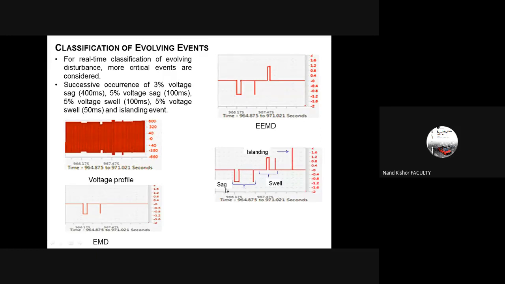And these different events have been classified in real time. We have set class -1, let's say, for the sag, +1 for swell, and then for islanding, let's say +2. Thus, these are the predefined classes for each of the events. Here you can see that for the sag it is -1, for the swell it is +1, and for islanding it is +2. So these are the indications of the predefined classes for the different events that take place in succession.